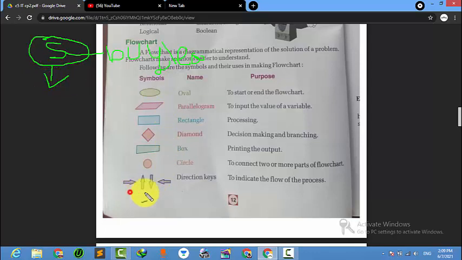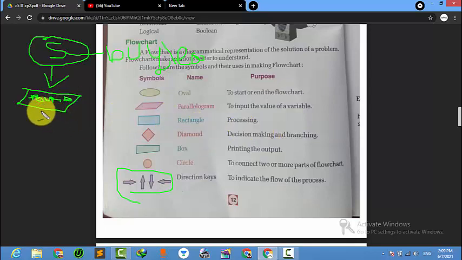So these are directions. Pour tea, P-O-U-R.